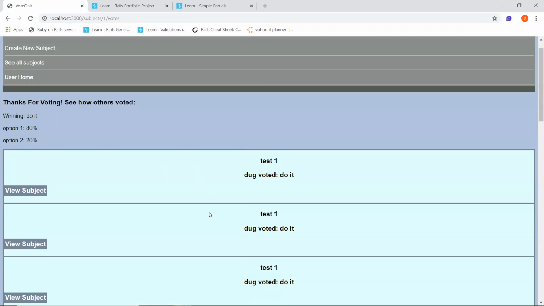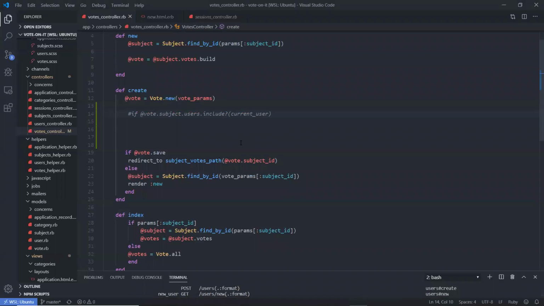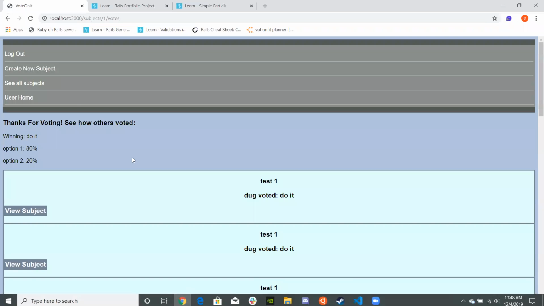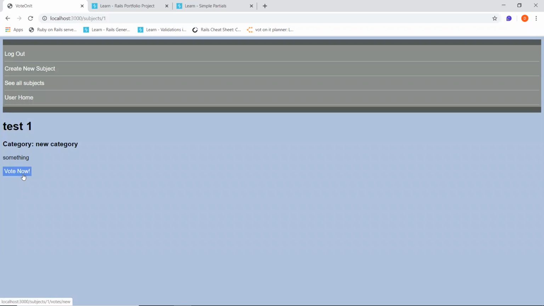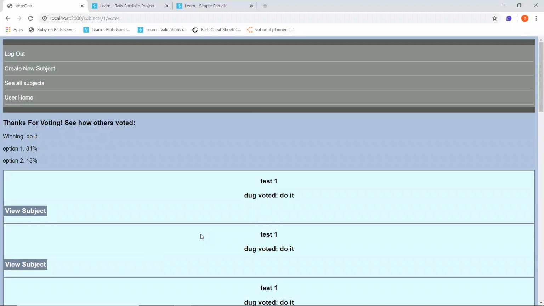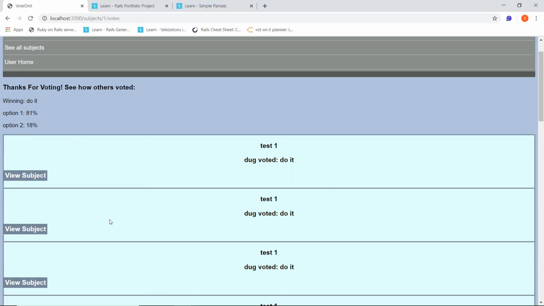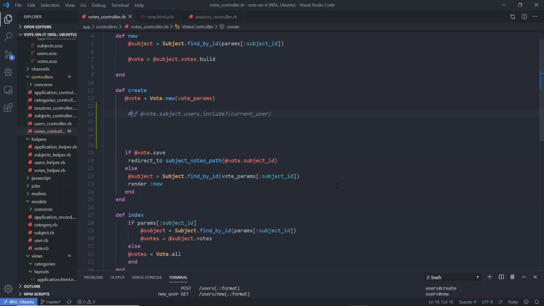Okay, so we can still do that. So I didn't completely break it, unless I did. No, we're good. I did not completely break it. Nice. Our percentages are changing, which is perfect. I need to get this working. Let's